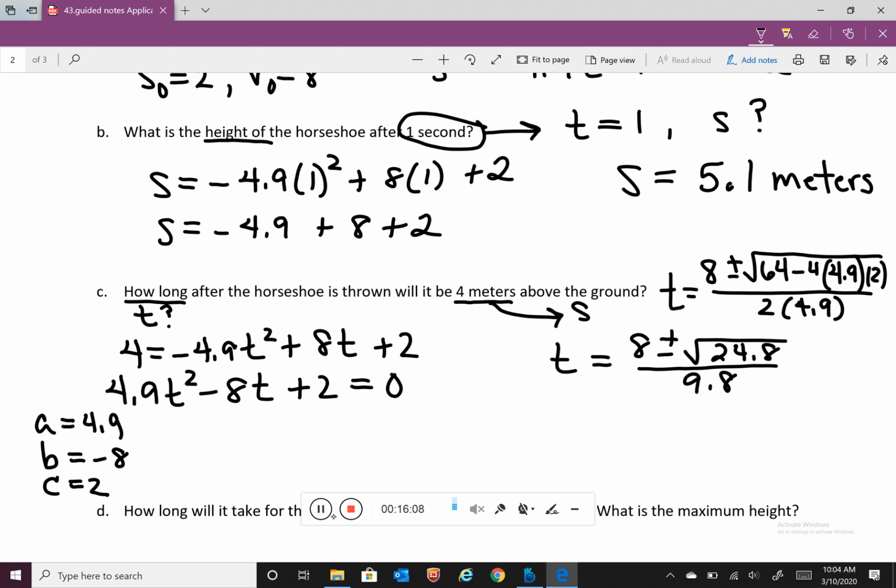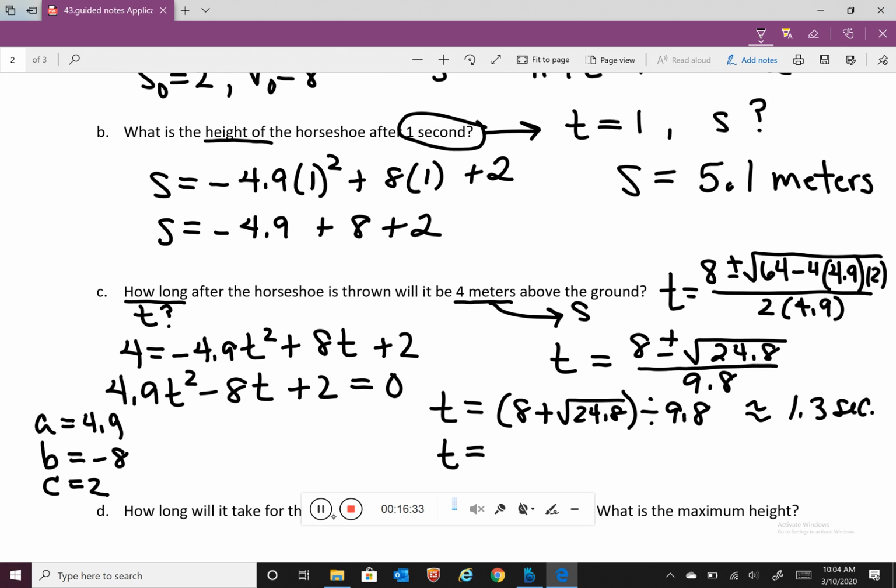So we're going to have two operations in our calculator. We're going to have 8 plus the square root of 24.8 divided by 9.8. And if you calculate that, that gives us about 1.3 seconds. And then we're also going to have t equals 8 minus the square root of 24.8 divided by 9.8. And that is about